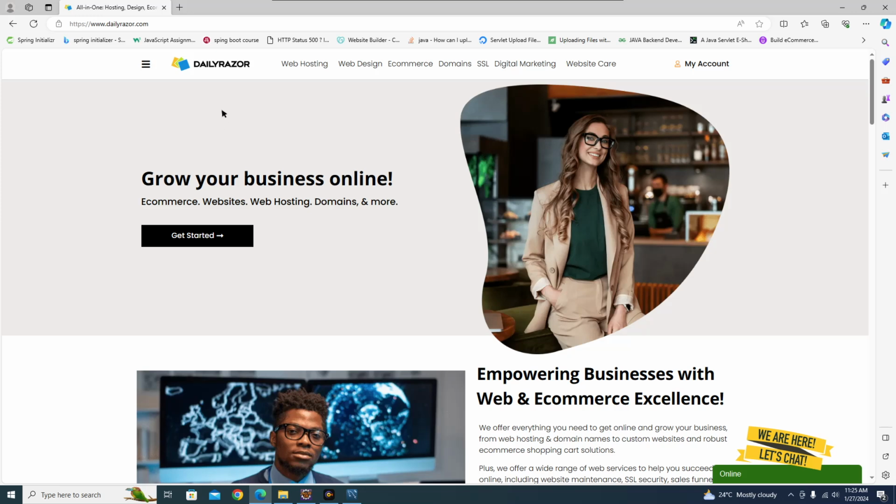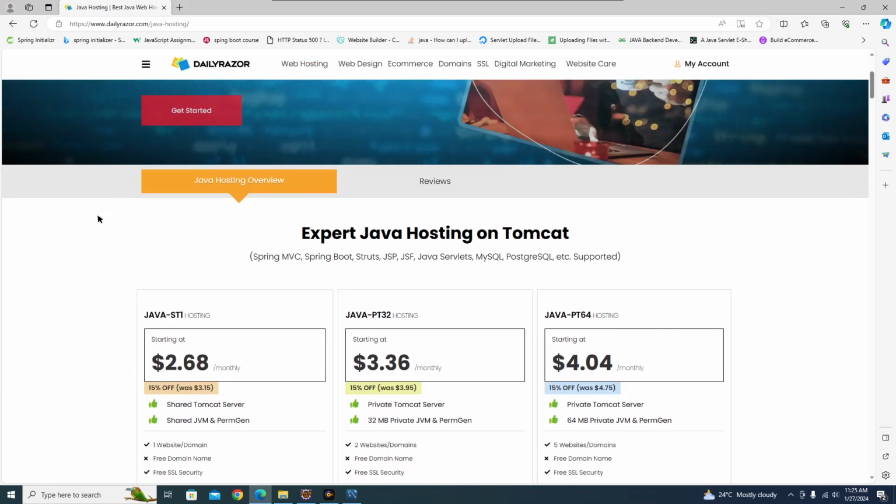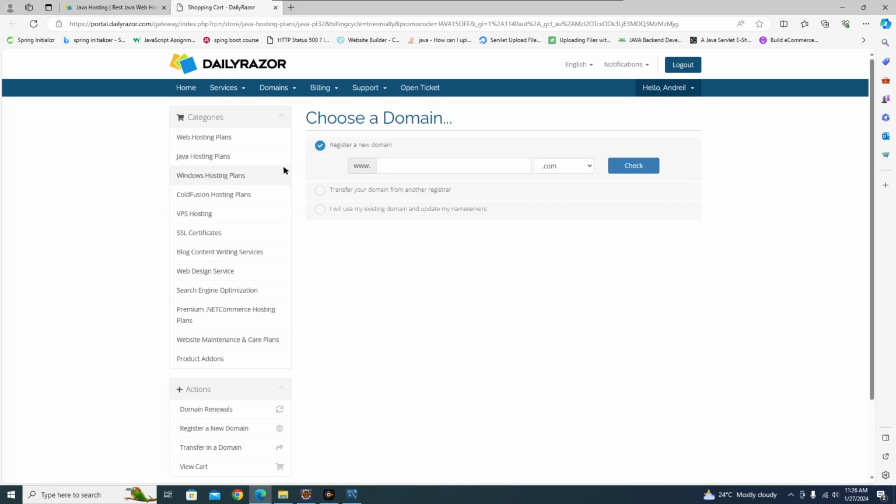In order to buy a web hosting plan, you just go here to Java hosting, and you select here Java hosting plans. For example, I use this one, Java PT32. You just click here, buy now, and